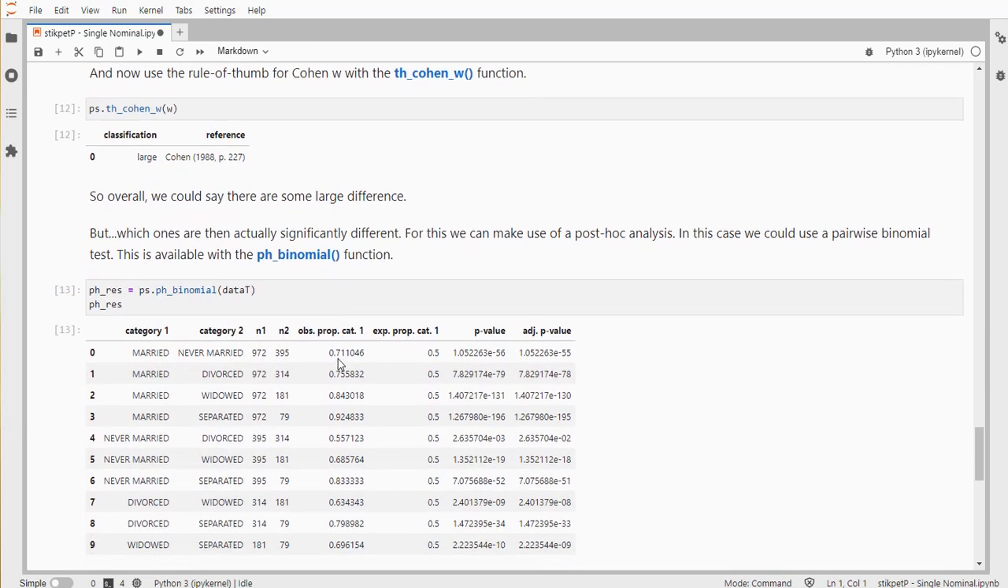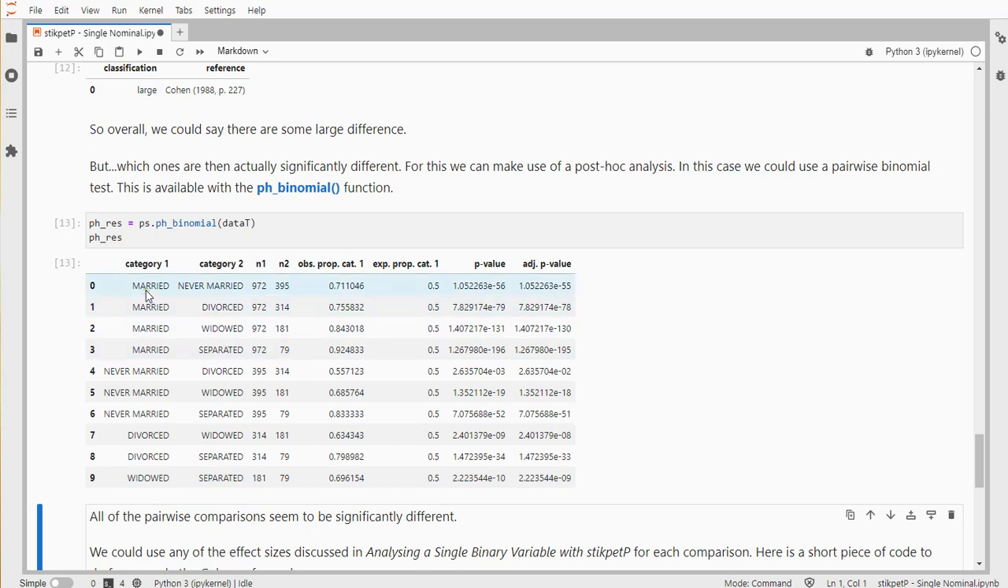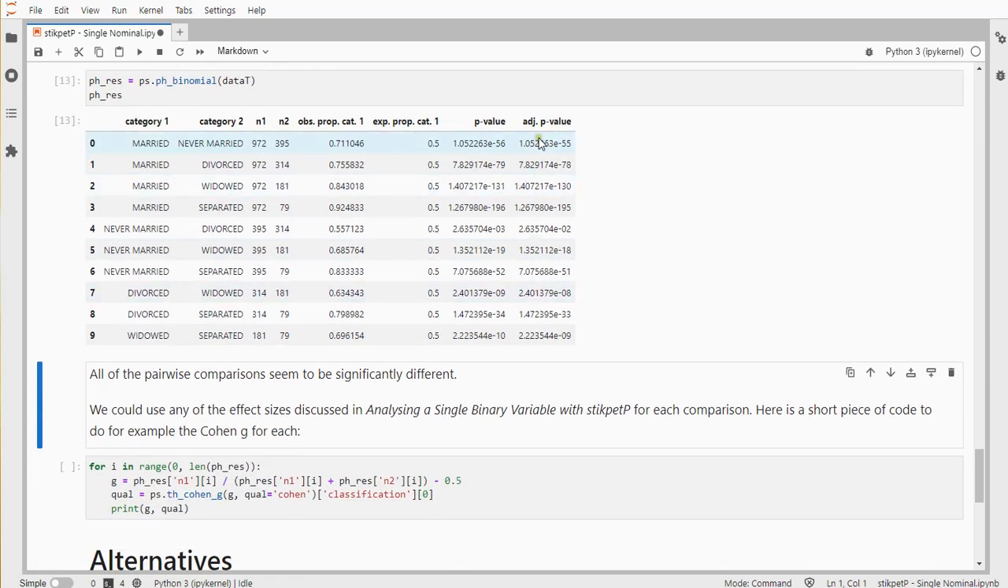So that's quite a lot of output, but it simply compares married versus never married, married versus divorced, etc. It shows how many were in each of those two categories, the observed proportion of the first category, so 71% is married if you compare it to category, never married, sorry. The expected proportion 0.5, you would expect a 50-50, and the p-value, and then the adjusted p-value for that. All of these seem to be still far below the 0.05 threshold, the usual threshold,